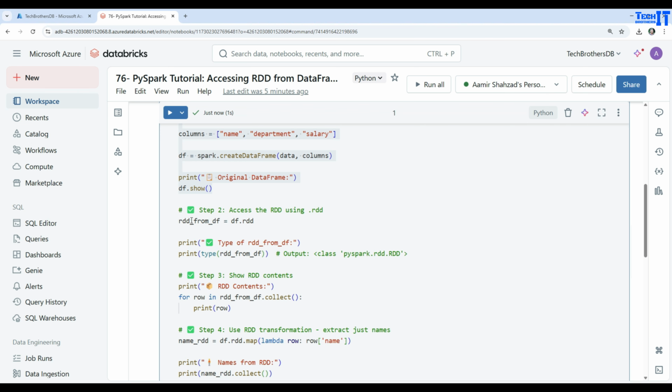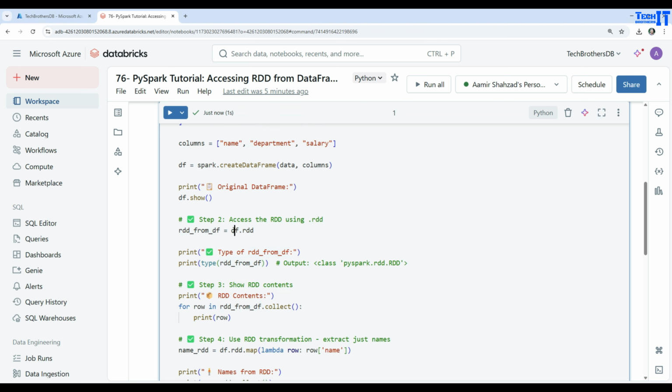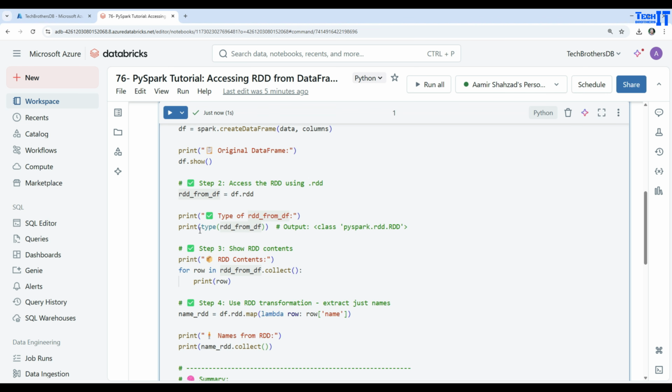Now what we would like to do is convert this data frame to the RDD. So here I'm creating this RDD. I said rdd_from_df, that's the name I have given, and then I'm saying df, that's my original data frame, dot rdd. So now this will be our RDD ready, and we can perform different operations. First of all, I'm just printing the type of this, and as output I will get pyspark.rdd. It tells me now this object is the RDD that we just created from the data frame